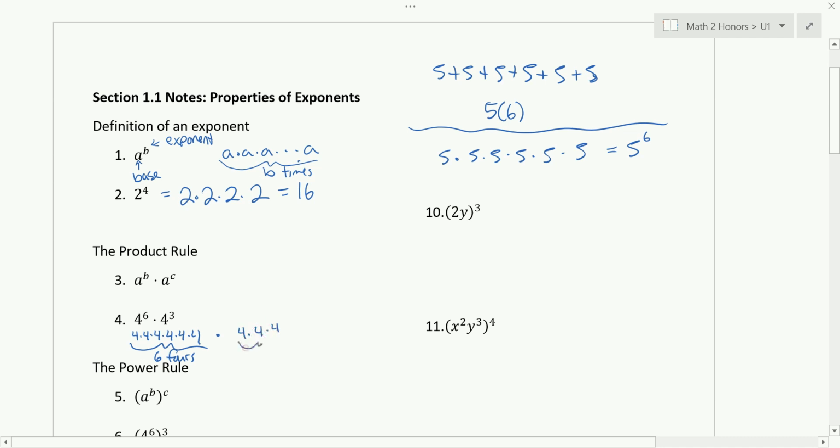We have 3 4's. And so it's just a bunch of 4's that we're multiplying together. So how many 4's do we end up with? We got 6 plus 3 is 9, right? And so this is really going to be 4 to the 9th power,